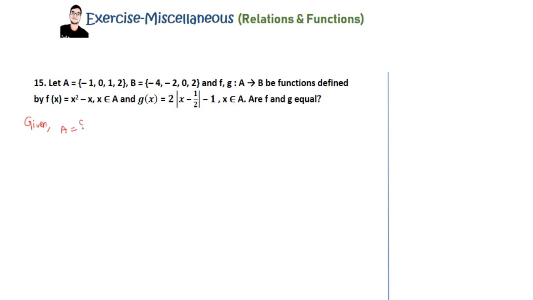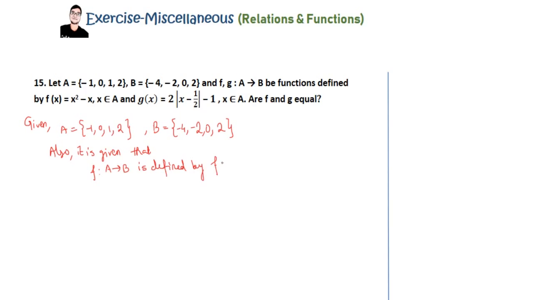It is given that A is equal to minus 1, 0, 1, 2. B is equal to minus 4, minus 2, 0, 2. Now also, we are giving the functions that are being defined here. f from A to B is defined by f of x is equal to x square minus x, where x belongs to A, and g is from A to B, defined by g of x is equal to 2 into modulus of x minus 1 by 2 minus 1 for x belongs to